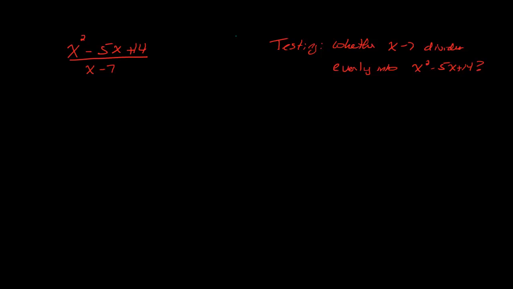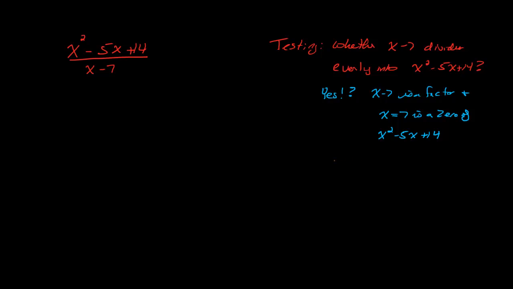And if the answer is yes, then we know that x minus 7 is a factor, and x equals 7 is a zero of x squared minus 5x plus 14. If the answer is no,